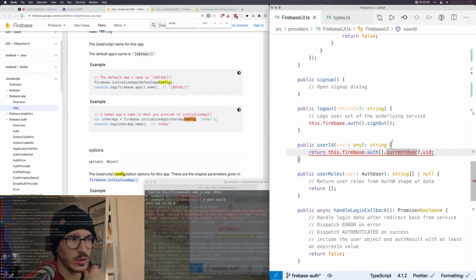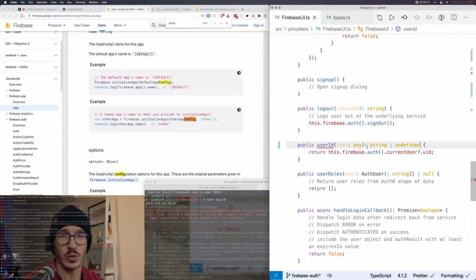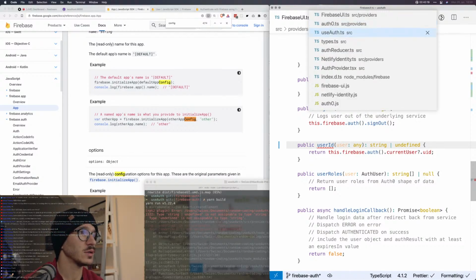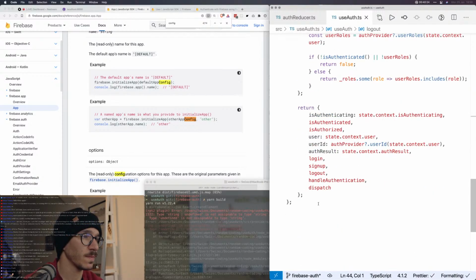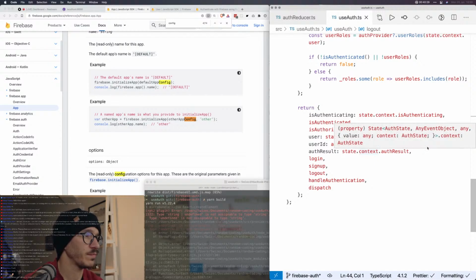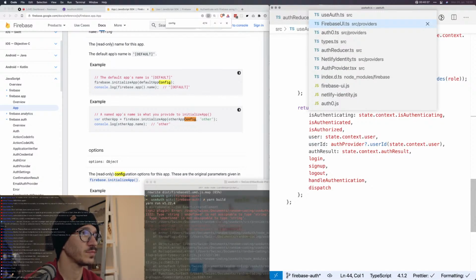So user ID has to be potentially undefined, which means we have to go update this everywhere because sometimes it really is not defined, and that was a bug in here. Oh, okay. So we're already pretending that this can be a string, null, or undefined, which then